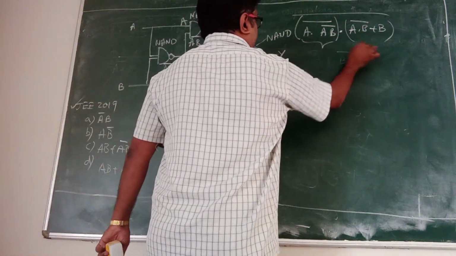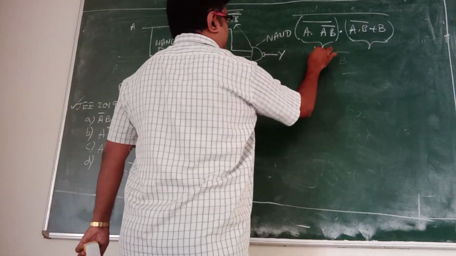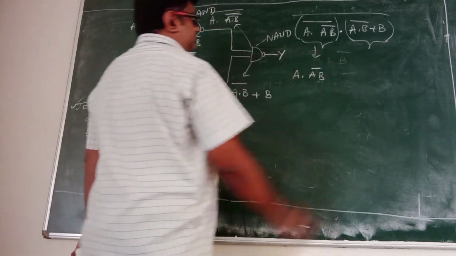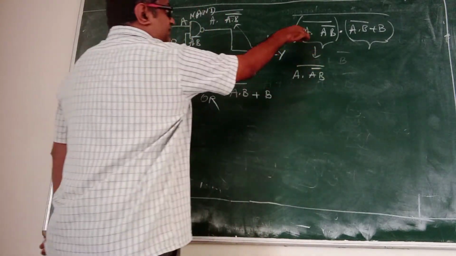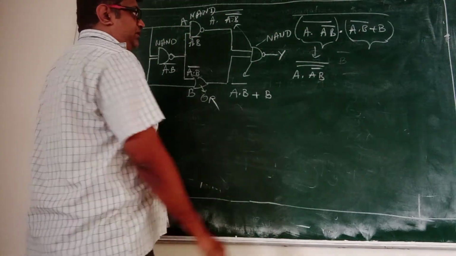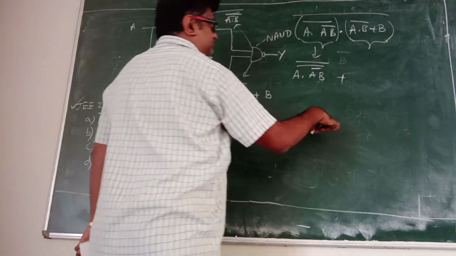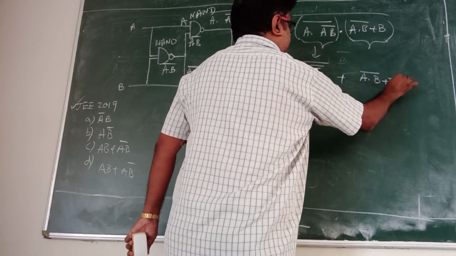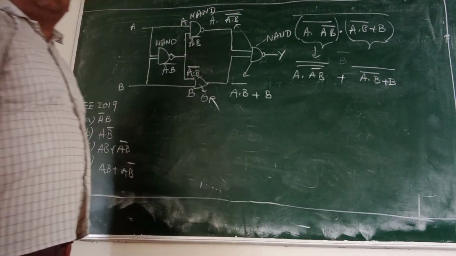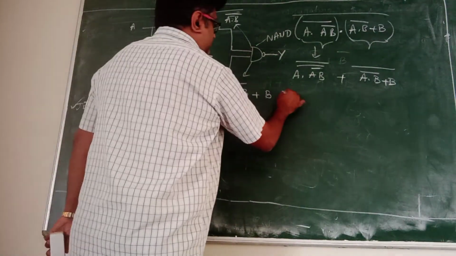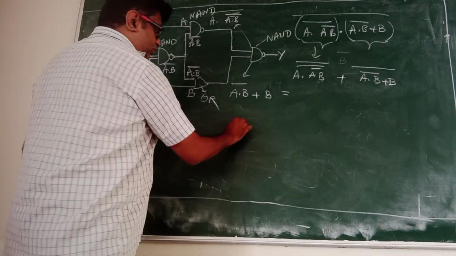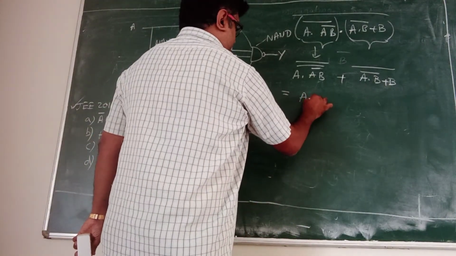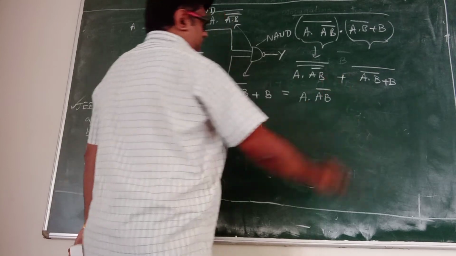So consider this as 1 right now, this as 1. So how we can write it now? A dot AB bar, put a bar which is already there, on top of it another bar. Okay, convert this dot into plus, and A dot B bar plus B whole bar. Okay, now double bars are there. I told you that A double bar will be equal to A. So this becomes A dot AB bar.